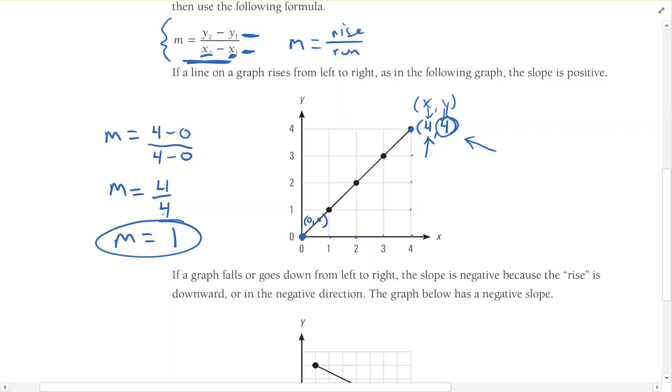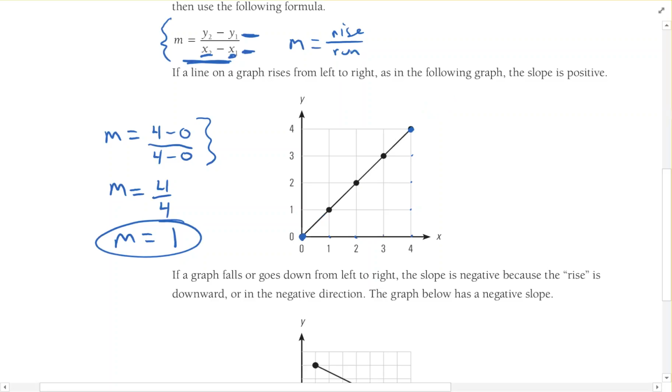I know some of you might be feeling a little bit scared that you're going to have to use this formula all the time. You won't really need to. For the most part, all you ever need to do if you're figuring out the slope of this thing, is